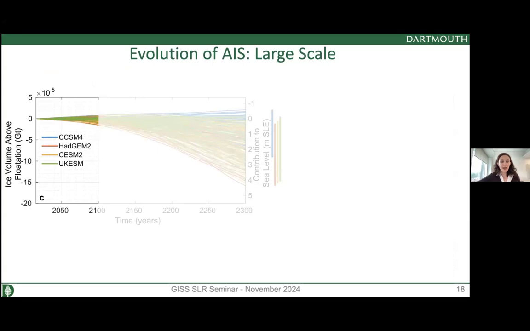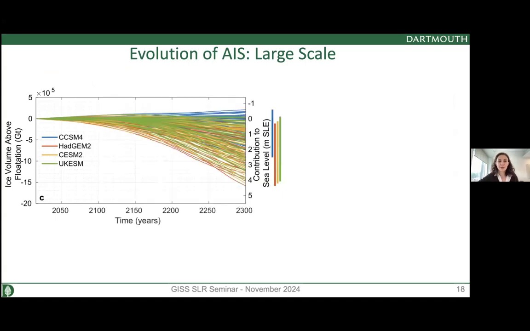So this is what we had looked at so far, 2100, and we saw that we had some tens of centimeters of mass gain or loss. If you start looking at what happens until 2300, you see that the results are drastically different. And really, 2100 is kind of the turning point where things start to really accelerate and change very rapidly.